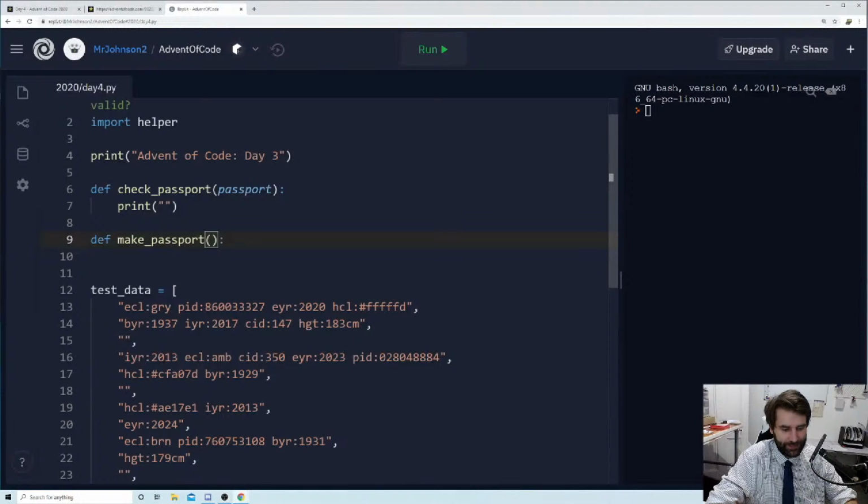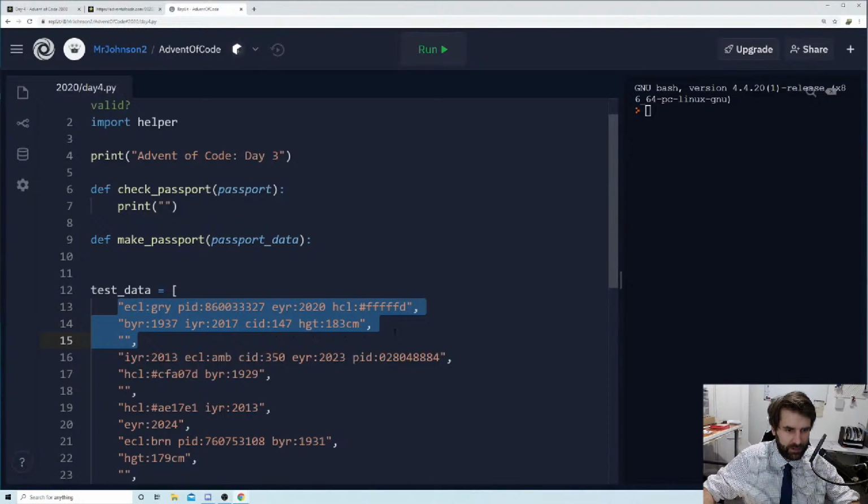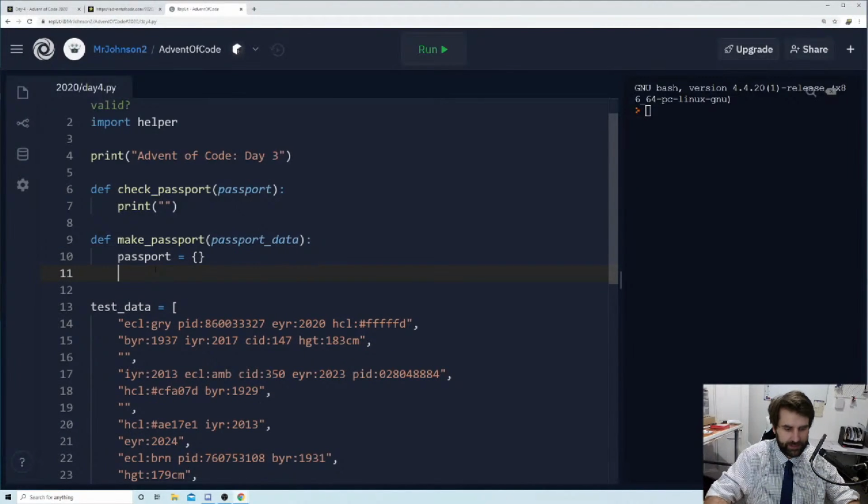So we want to make passport with some passport data, I guess, we want to pass in. And the passport data, we're going to essentially be pulling out something like this, these 2 lines. So we want to take that data. I'm assuming we'll have it as an array, so it will come in as a list to us. And so what we'll do is we'll say our passport is equal to an empty dictionary. And then we're going to say our passport data,